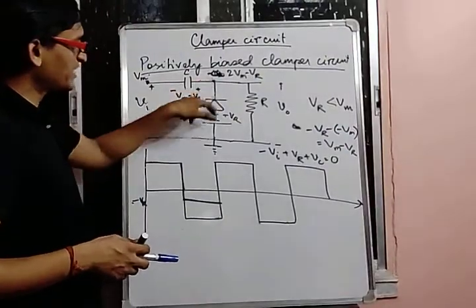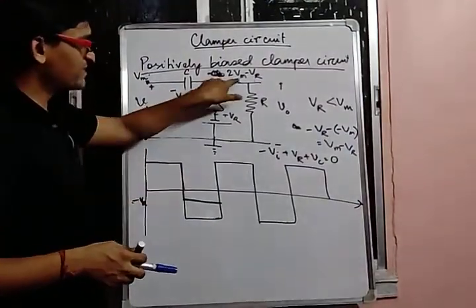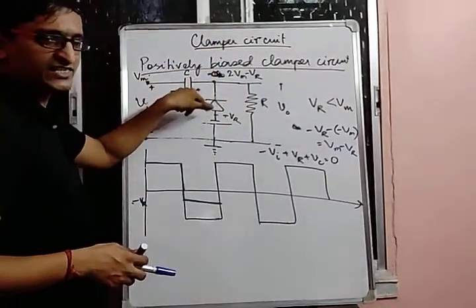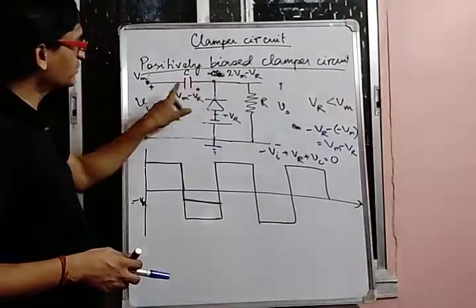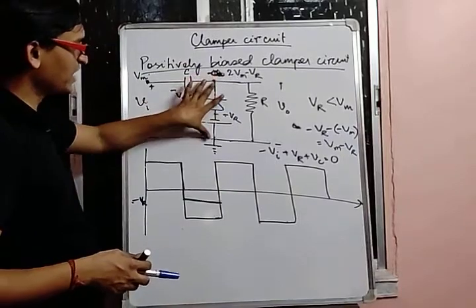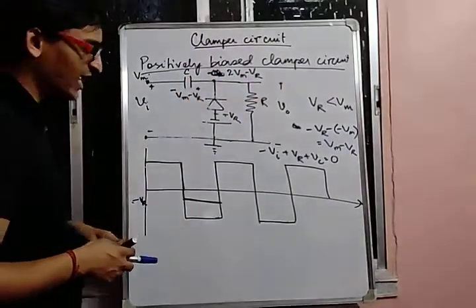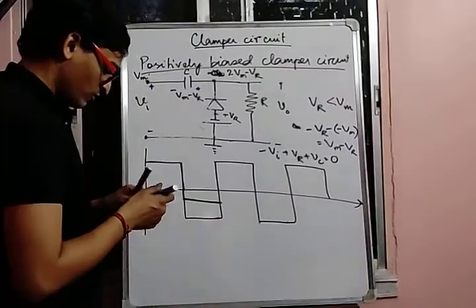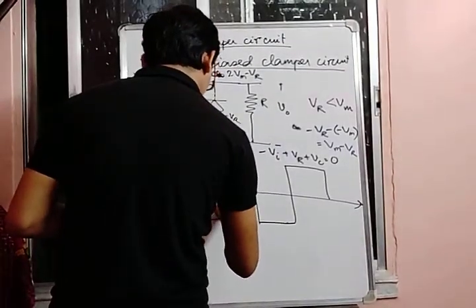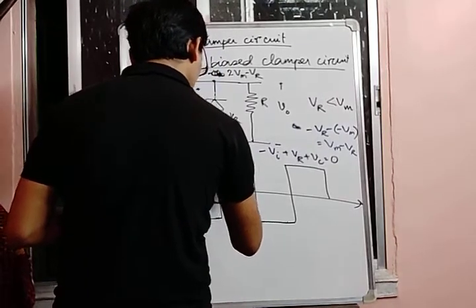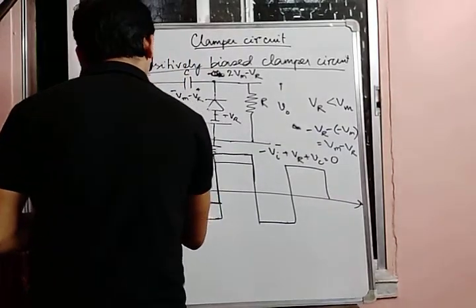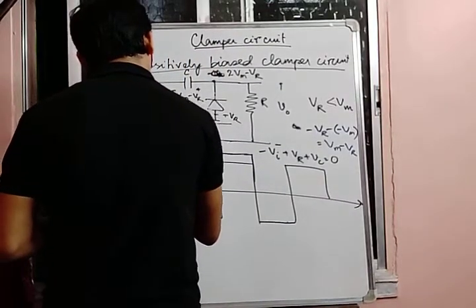So it's quite obvious that this diode is reverse bias, because VM is greater than VR. So 2 VM is also greater than VR. So this diode is reverse bias. Since this diode is reverse bias, it will act as an open circuit path. So as a result, current will flow through this path. So the entire voltage 2 Vm minus Vr will appear across the resistance R, that means at the output. So we'll be getting the output waveform to be somewhat like this. This magnitude is nothing but 2 Vm minus Vr.